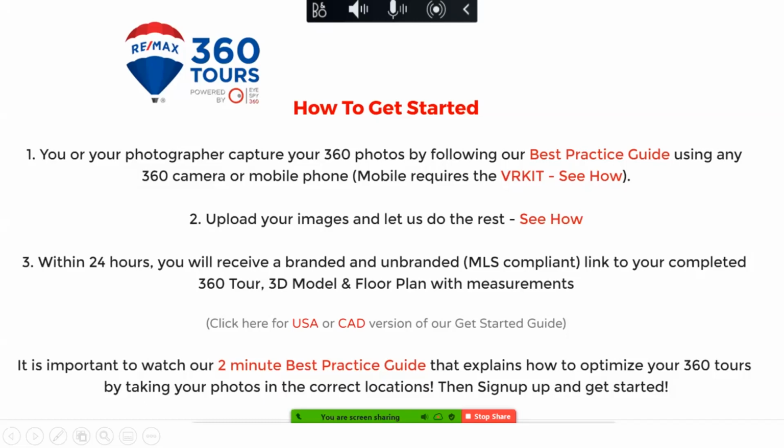You basically capture 360 photos using the best practice guide. Now, there are a few 360 cameras that are recommended by the company at different price points, and those work beautifully, but you also can use any of the higher end mobile phones, like I think it's about an iPhone 8 or above, which you would then get an inexpensive little attachment kit. And that will just help you to stabilize the phone so that when you're taking those photos, again in an empty house that's clean,